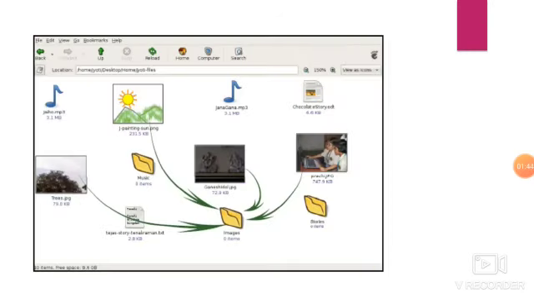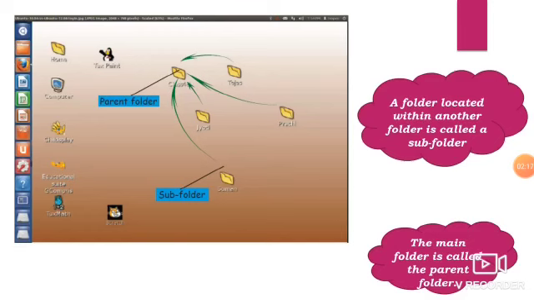Here we are arranging the files into folders. For example, they have created music, images and stories folders. They can keep the image files in the images folder, music files in the music folder, and story documents in the stories folder. Likewise you have to arrange the files into folders. You have to use the drag and drop option to move the files into the folder if they are on the desktop.